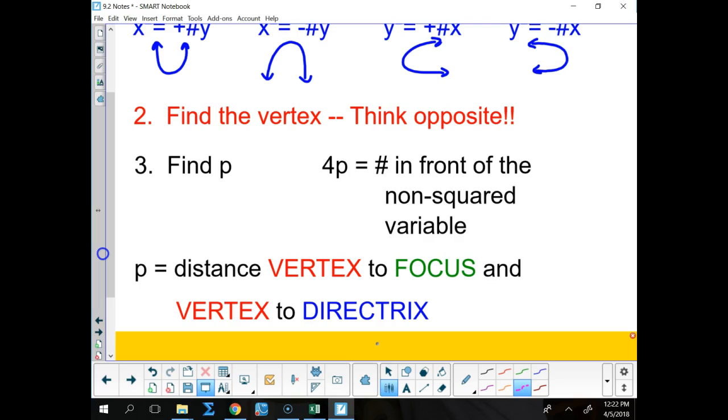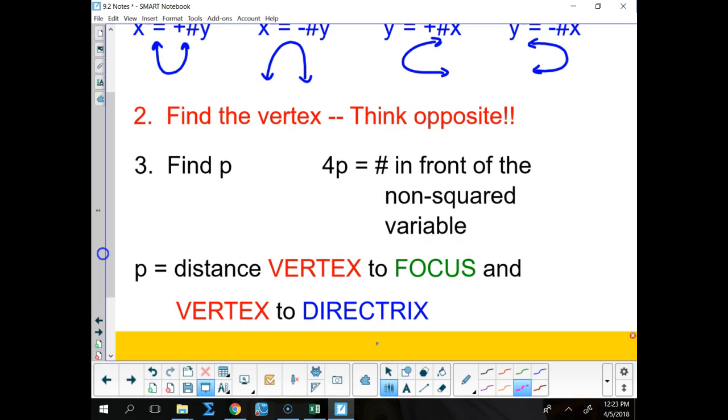So we say that 4p is the number in front of the non-squared variable. So I divide that number by 4, and that gives me p. Then p is the distance from the vertex to the focus and from the vertex to the directrix. So that allows me to get where the focus is, which would be another question. The next question would be, where's the focus? And then the fourth question would be, where's the directrix? When plotting out the vertex and focus, then